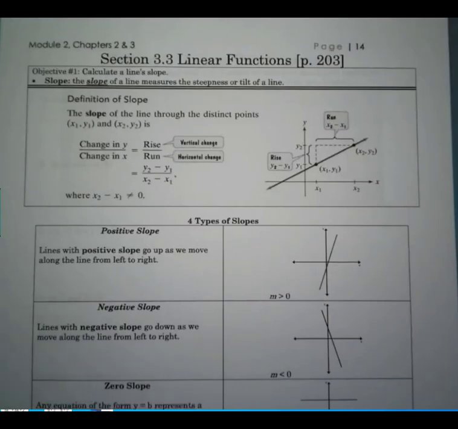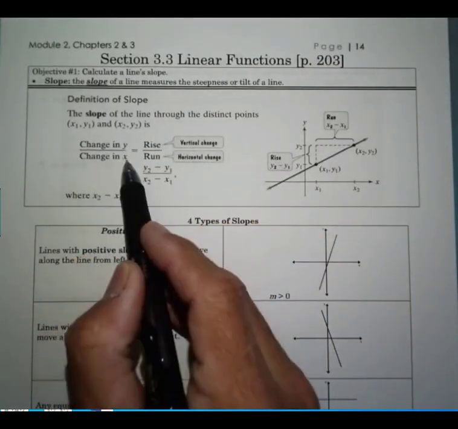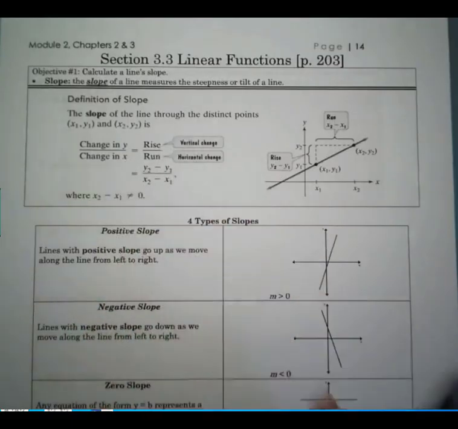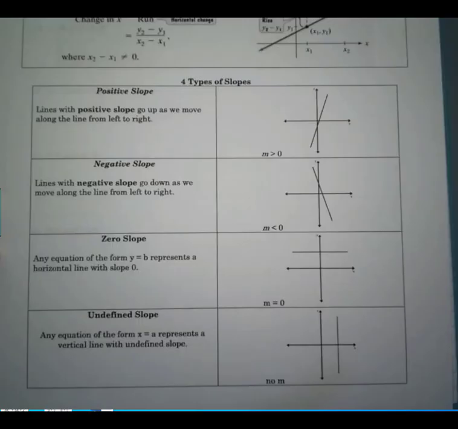Section 3.3 should be basically a review for you. We talk about slope first, and the definition of slope is always going to be rise over run. So you think about it as the change in y over the change in x. Now, if we talk about what types of slope there are, we have 4 different ones that we need to